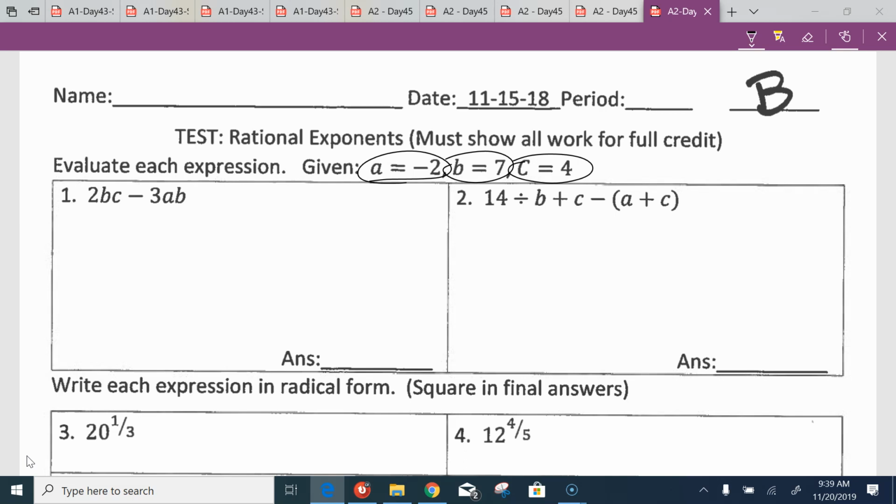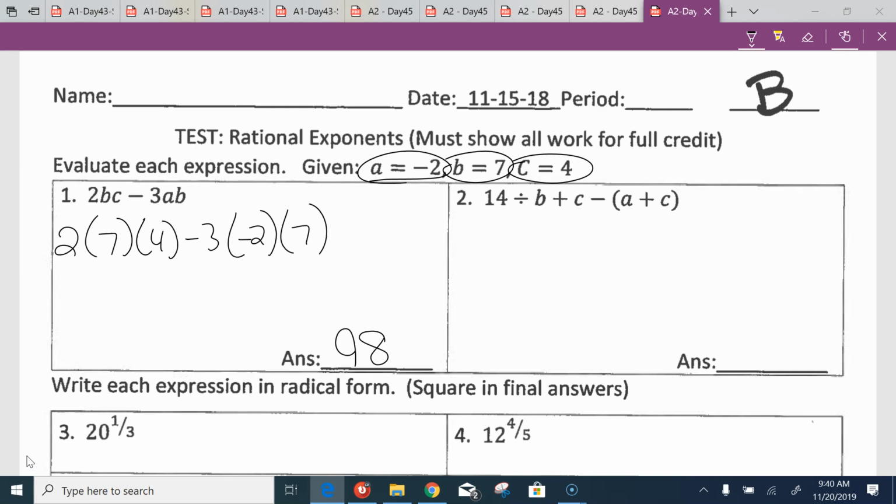Evaluate each expression given that A is -2, B is 7, C is 4. This is what we call a plug and chug. You substitute in all your values, so 2 times 7 times 4 minus 3 times -2 times 7. Make sure that when you're using the calculator to separate your negative numbers with parentheses. If you plug this all into your calculator, which you should have done, the answer you get is 98. I did not make work required for these two, so you could have just plugged them in and chugged out